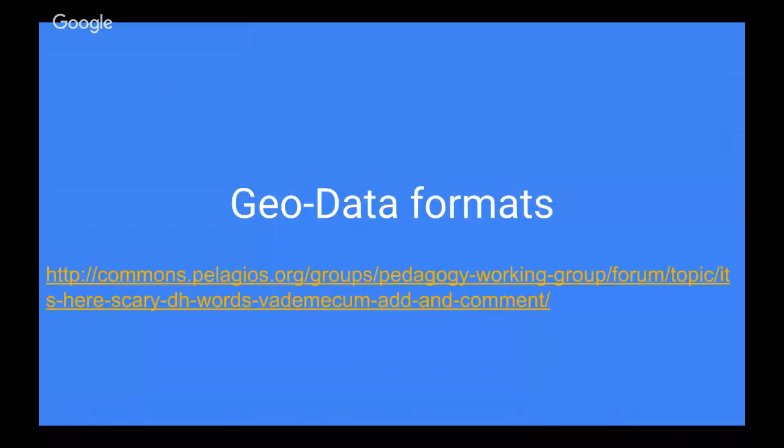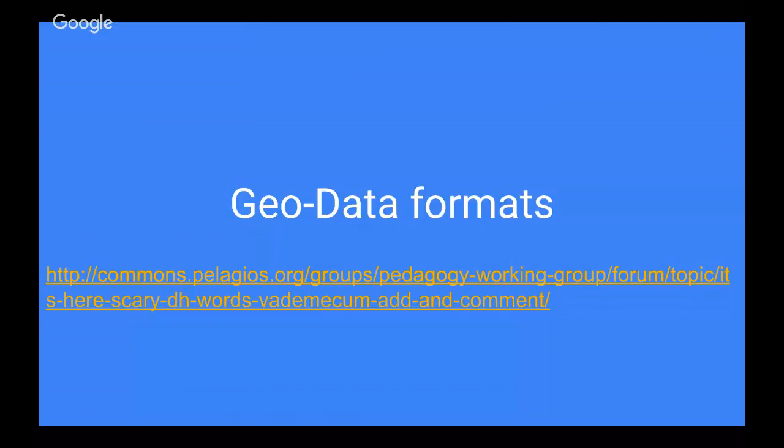So first of all, when you want to visualize your geotagged data from a text in whatever GIS application you may be experimenting with, you need to be aware of the formats that those data take so that you can choose the best one. And here I'm doing a little bit of self-promotion. I'm going to refer to one of the little references that we wrote in the pedagogy working group for Pelagios Commons.